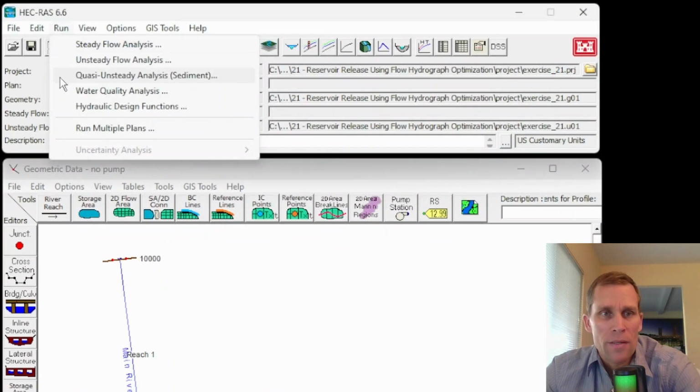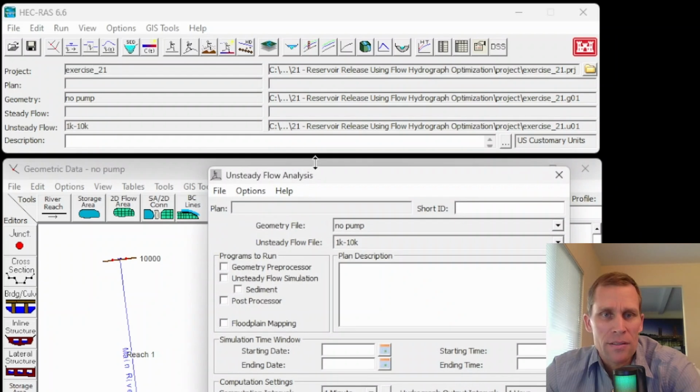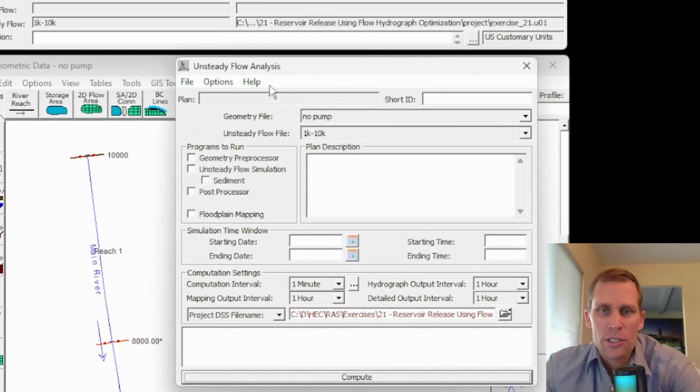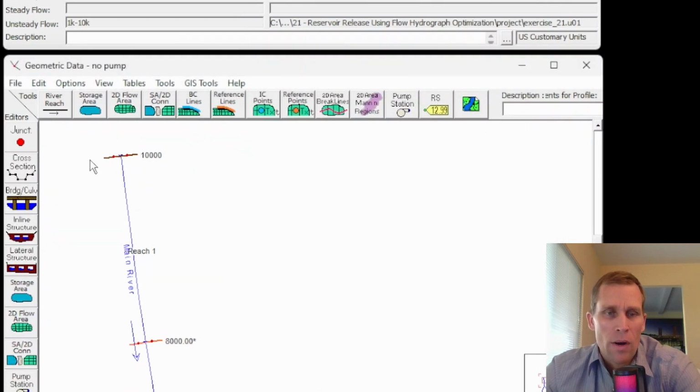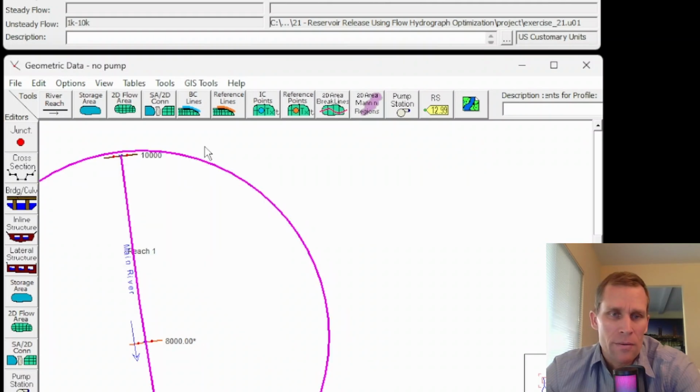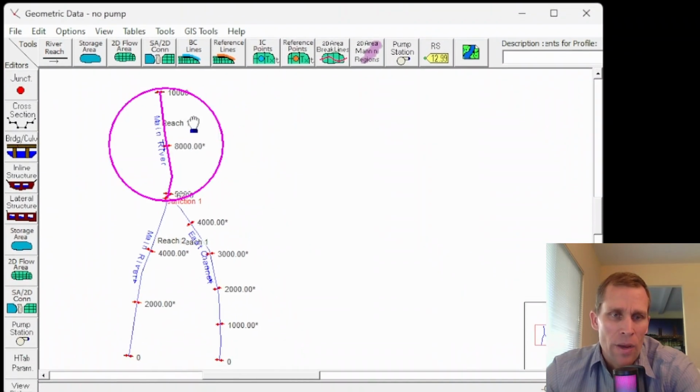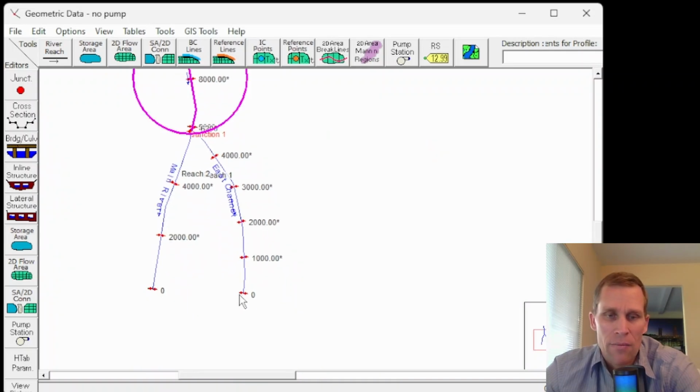So I'm going to go to Run Unsteady Flow Analysis. Now, what I'm going to do here is just run the steady state analysis, not the optimization. So we're going to see how the water surface behaves downstream. Right now, I mentioned that the reservoir is at the upstream end of the geometry. So let me back up here. We have the main channel here down the left, and then we have the east channel, which is what I'm calling this east branch. And the water surface elevation that we're interested in is down here at river station 0